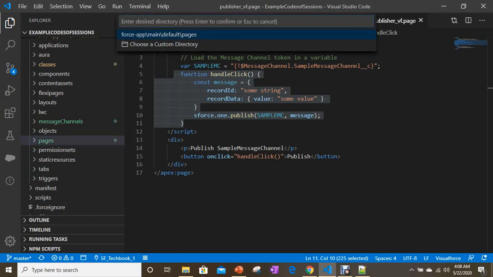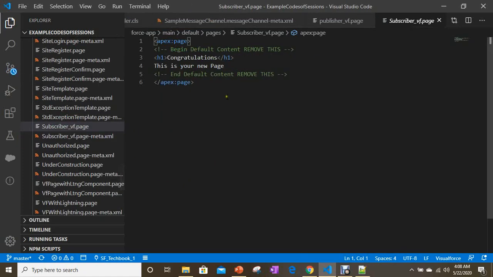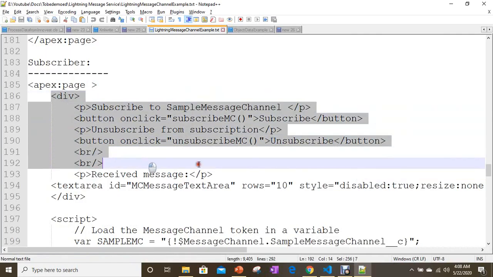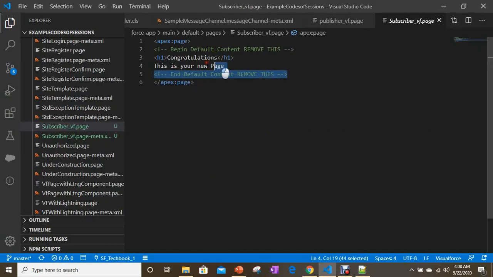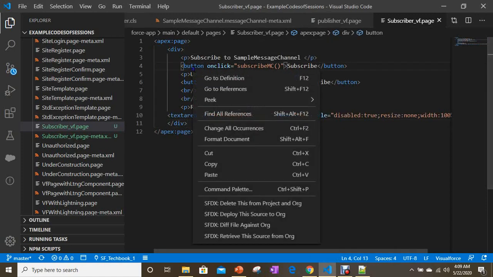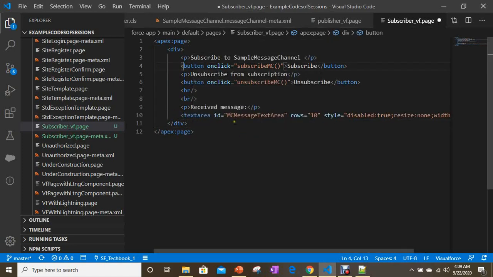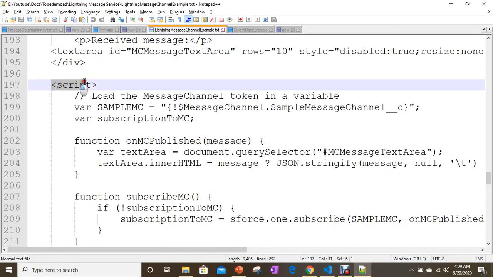We have, so for this, just using this one, and script.